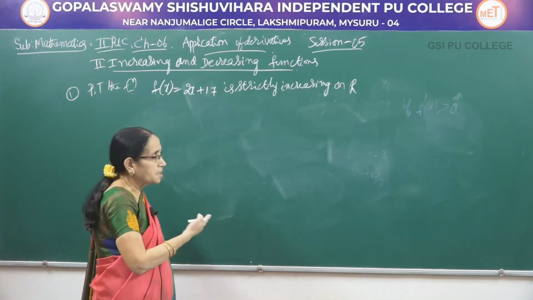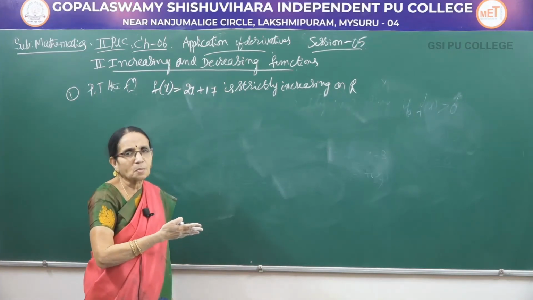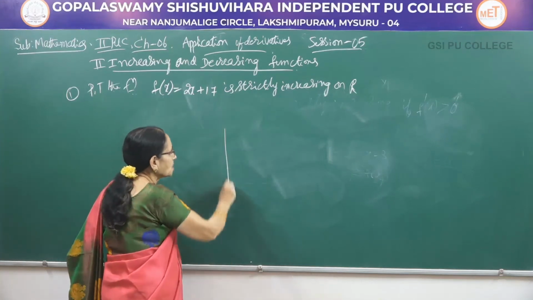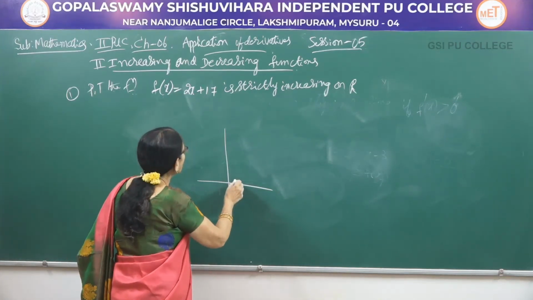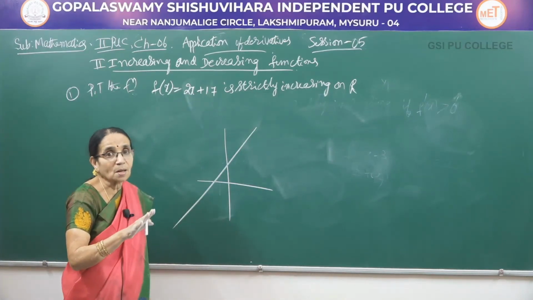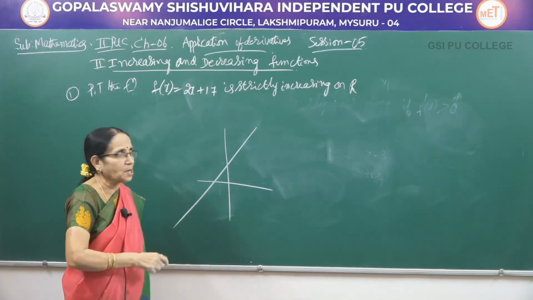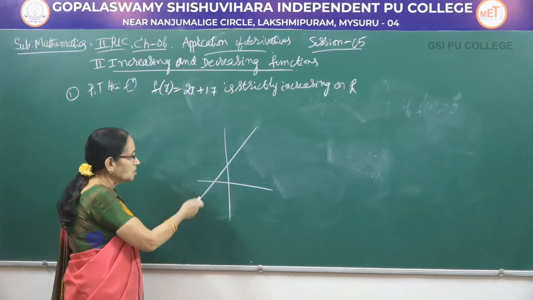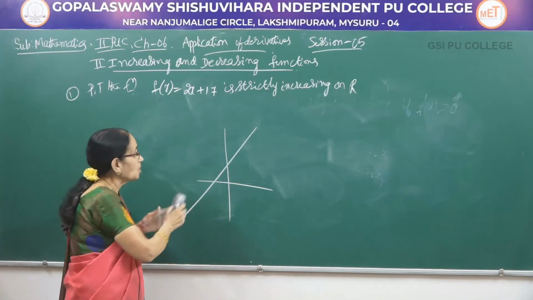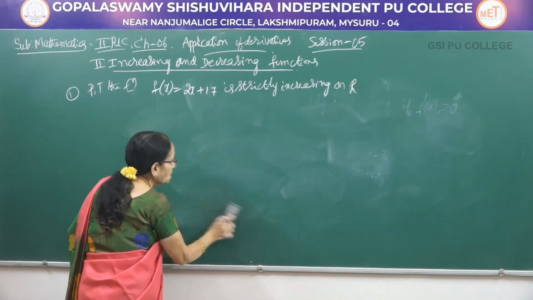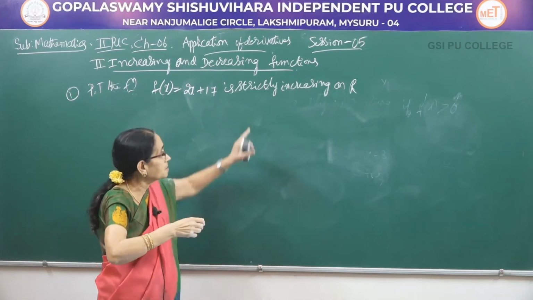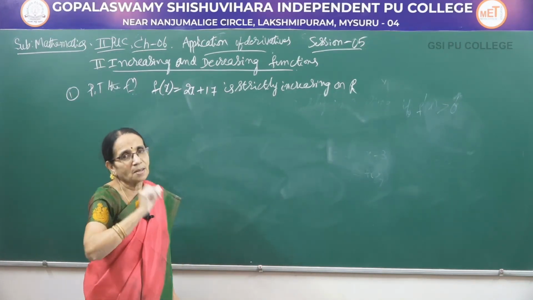You observe that it is also a linear equation, which is nothing but a straight line. Suppose you draw the graph of this one, it would be a line like this. Without drawing the graph, using the definition, we are finding this out. If you draw this line, you can see that there is no break in it. You can extend this side and that side also. It would be a continuous function. We don't have any equality like that. It's continuously increasing. That is why we say it is strictly increasing.